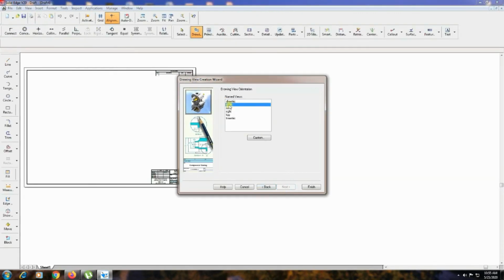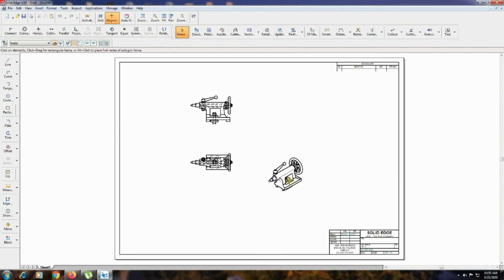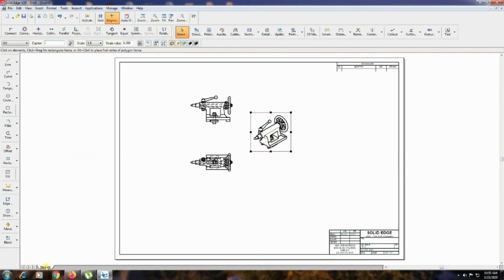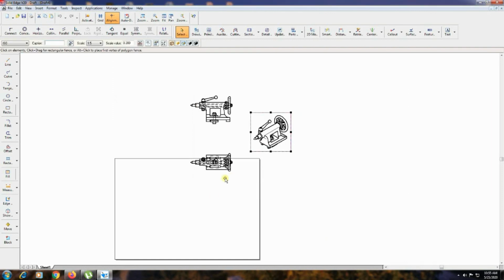Next, front you have to select, next, top you have to select, and isometric view you have to select and bring it into the sheet. Now you have to change the page setup. Sheet setup you have to change from A2 to A4. Remove the background, save default, OK.